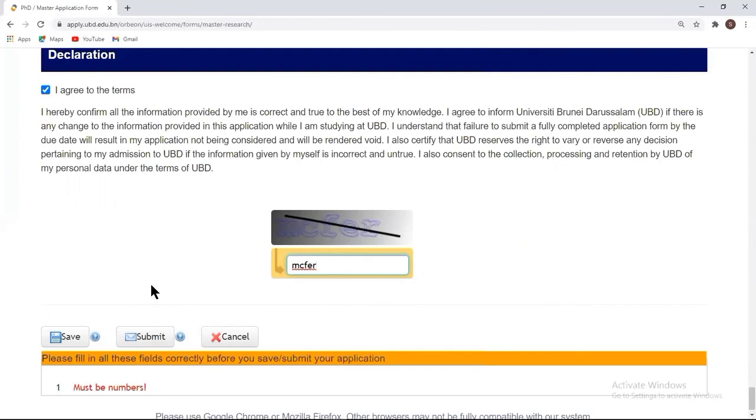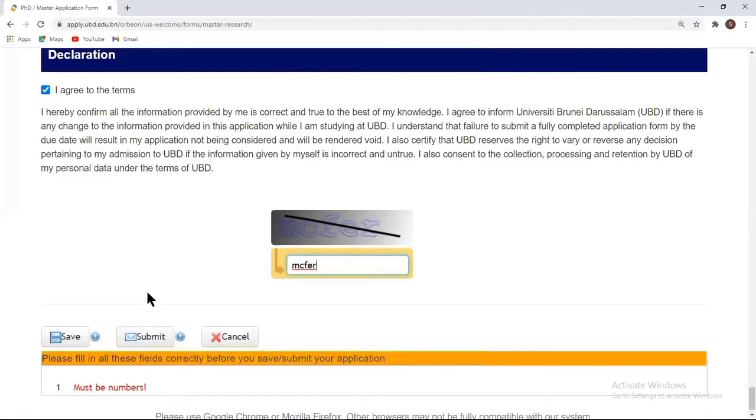You can save the application so you can edit it later before the application deadline. If you are done filling the application form and uploading all the documents correctly and your application has no mistakes and no mandatory field is left, then do submit it.